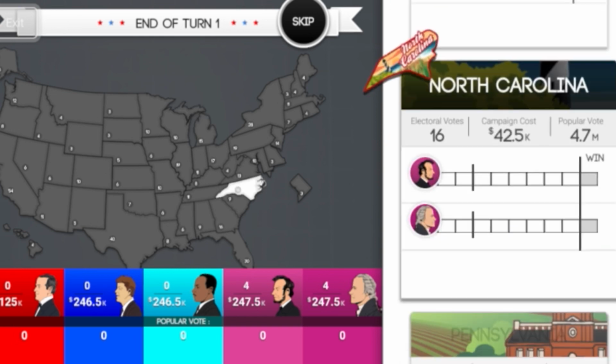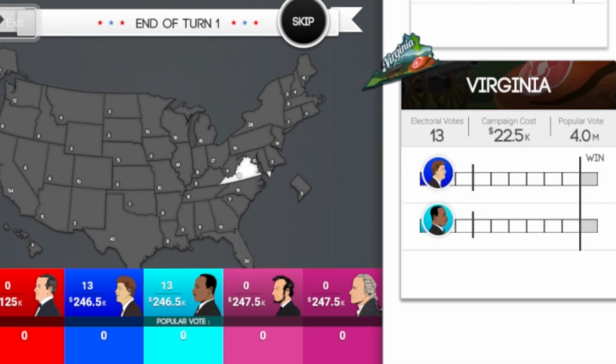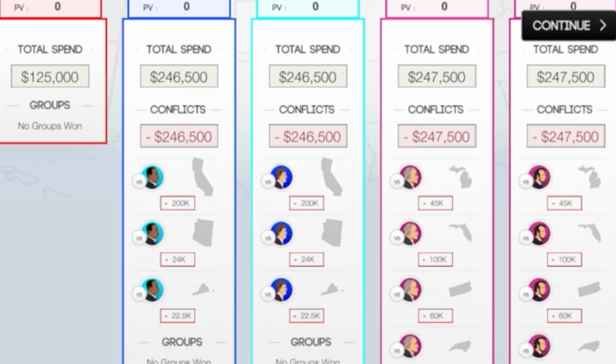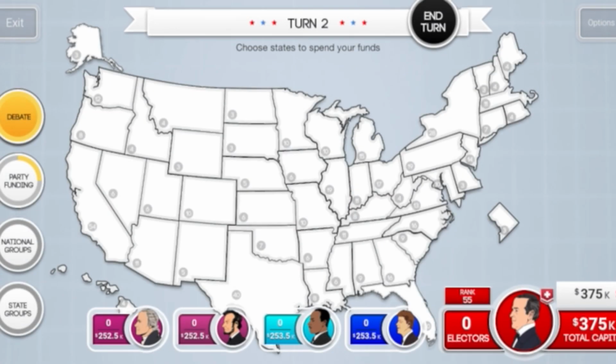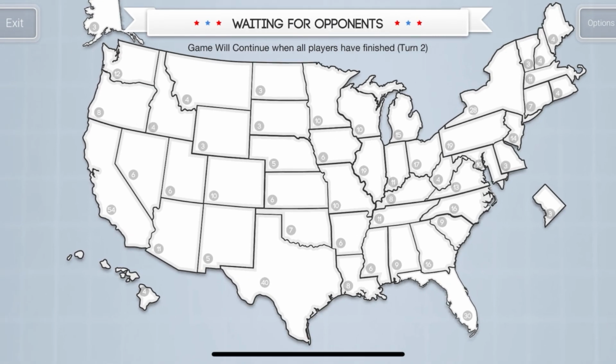He has some national groups that I can play with, a good town and gown, a good swing state bonus. Overall, I'm actually really impressed with William McKinley's stats. Turn number 1 is in the books, and look at all of those clashes. On turn number 2, we're going to complete our evangelical and gun lobby bonuses, and then as we wait for other players,